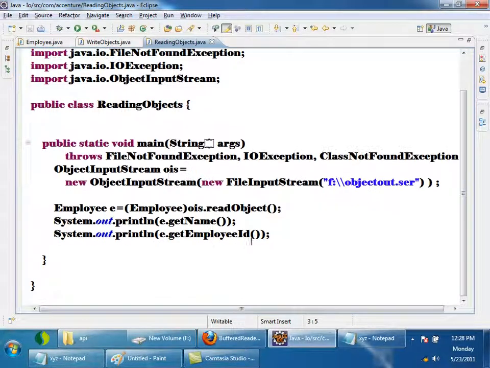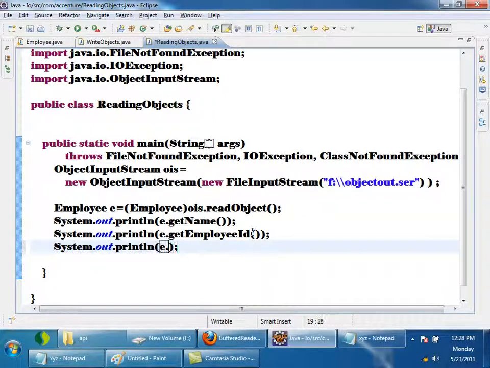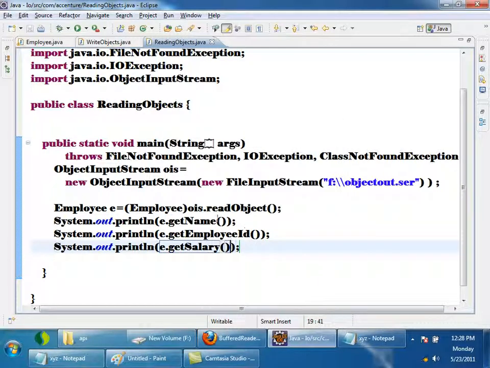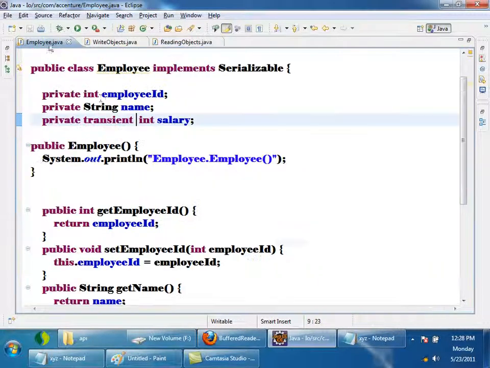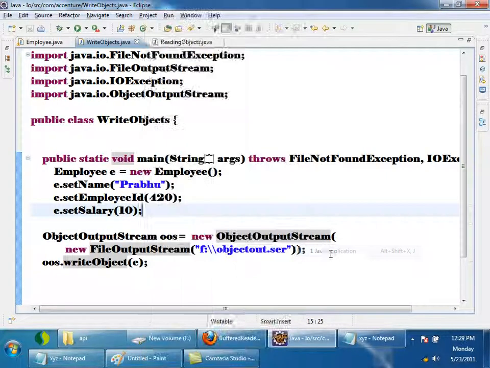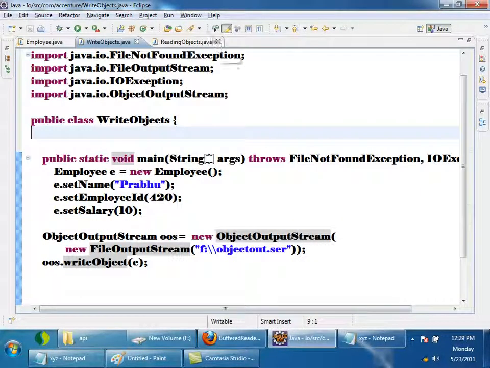I'll just print System.out.println e.getSalary. Now I have made this salary transient, so salary should not be written. I am running write objects again, and then I will read objects.